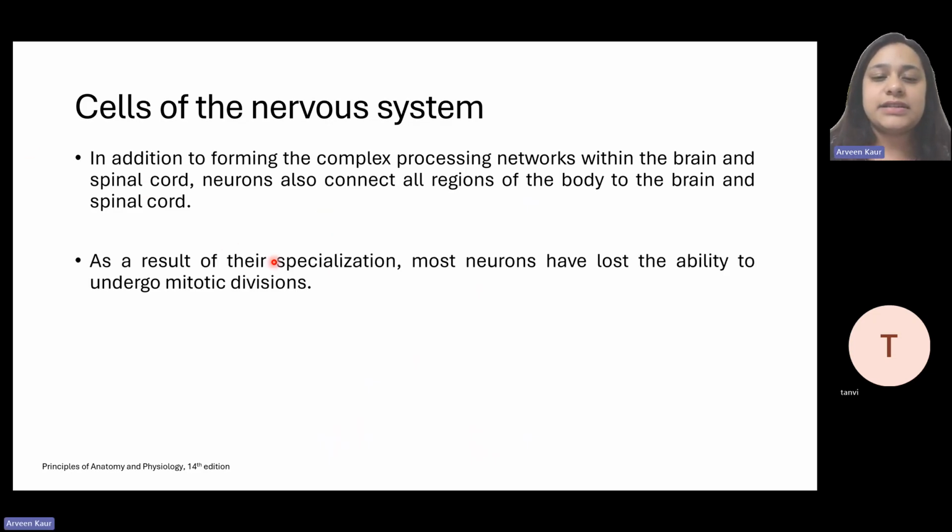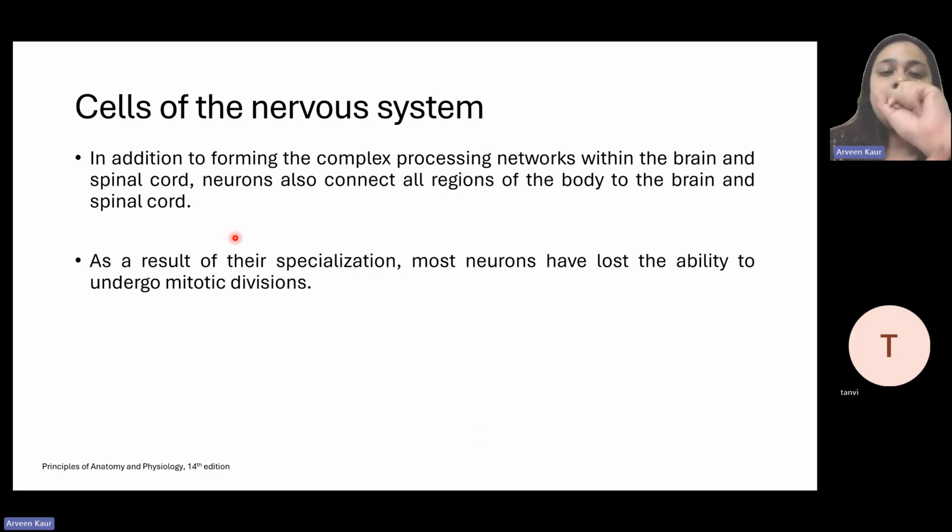As a result of their specialization, most neurons have lost the ability to undergo mitotic division. So we know that the neurons are terminal cells, right? They cannot divide. Actually, all these specialized cells, any cell that has a specific function, are generally non-mitotic. For instance, our adult or mature RBCs have also lost a nucleus. They will also eventually die. They will not